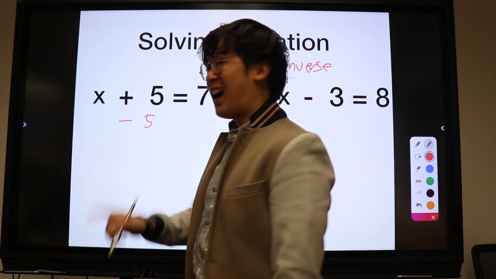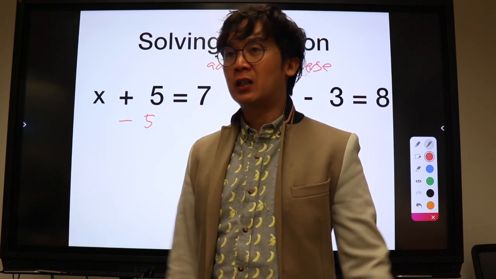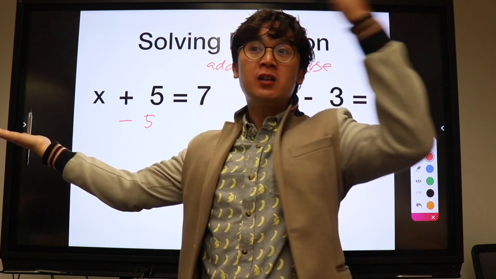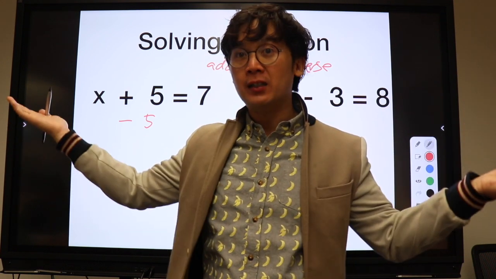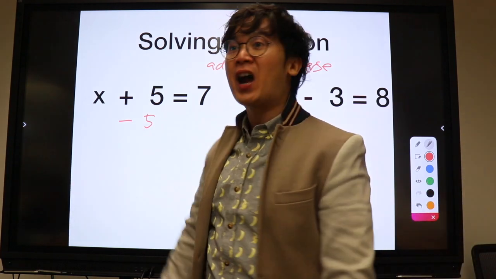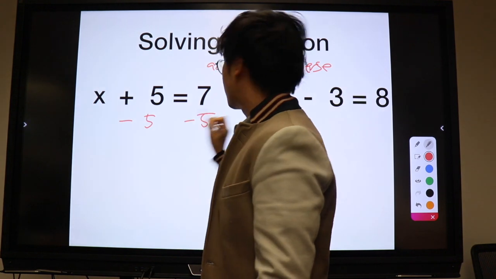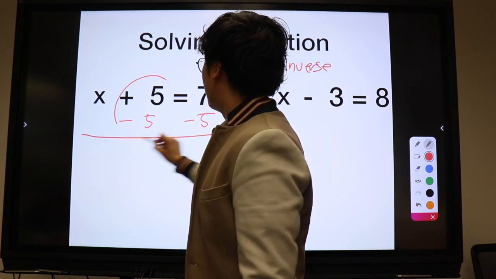Subtract 5. However, in algebra or in mathematics or in life in general, whatever you do on one side of the equation, you need to do it also to the other side of the equation to maintain its balance. So you cannot just subtract 5 here and not subtract 5 on the other side. So we're going to do it here as well. And by doing so, this will turn into,